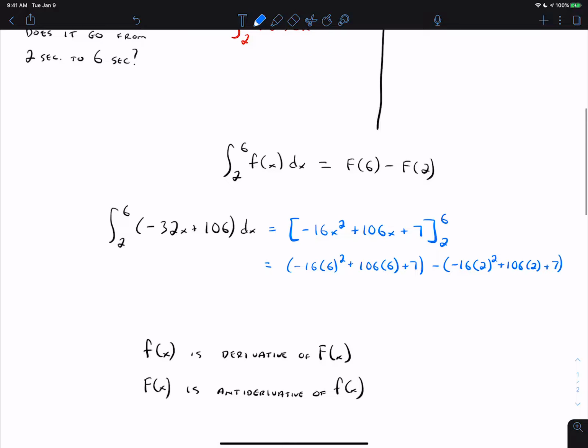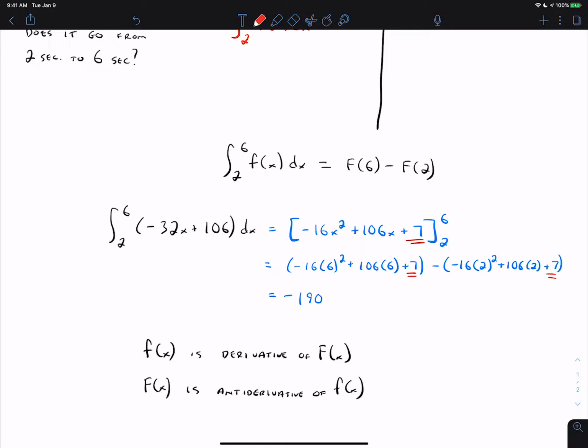I'm getting negative 190, and so between 2 seconds and 6 seconds, it would actually fall 190 feet overall. But that's a way to calculate it. So I want to talk about a couple of things there. So the one thing to notice